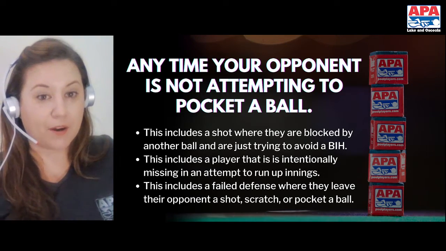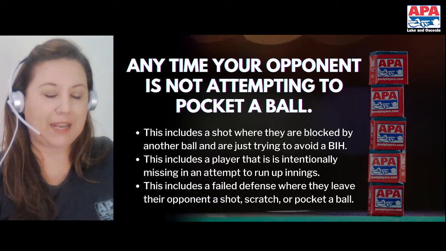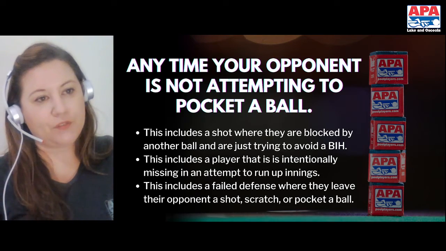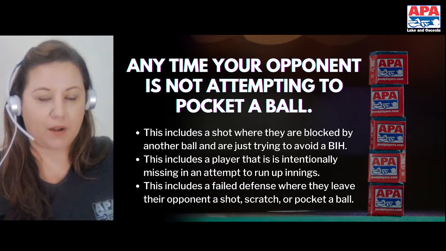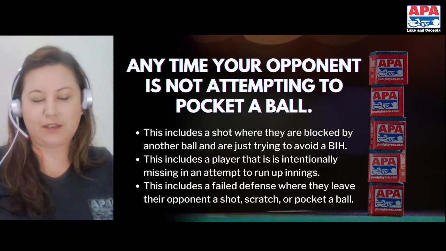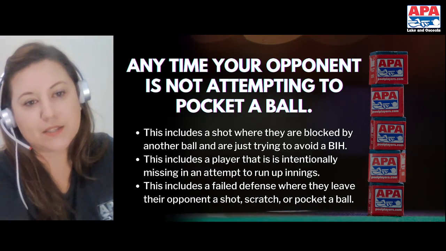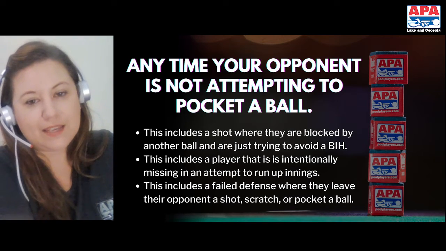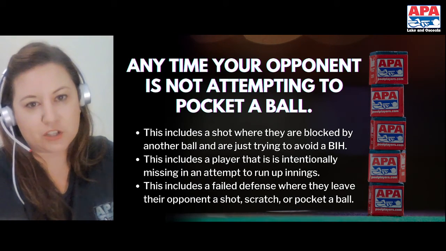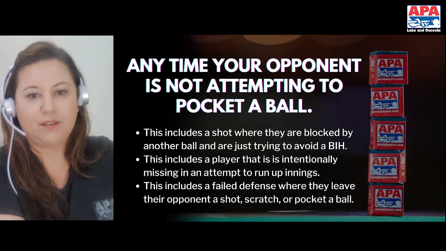So let's say it's 9 ball and I break and I make a ball, but I can't see the 1 ball. And I'm hitting off of a rail and I'm just trying to hit the 1 ball. I'm not trying to make it, I'm just trying to hit it and hit a rail. That should be marked as a defensive shot. It's nothing that counts against you. It's not a punishment. It's simply proper scorekeeping.